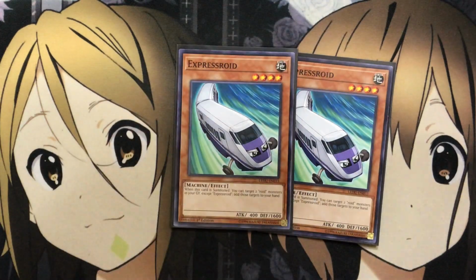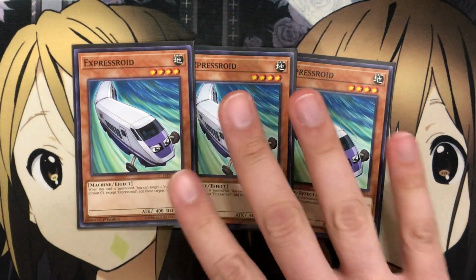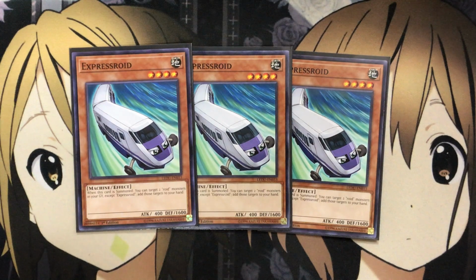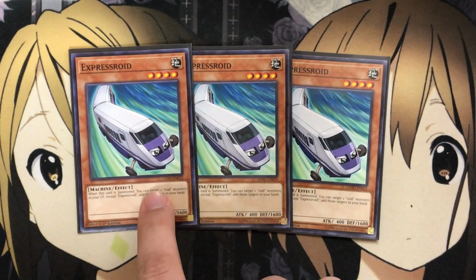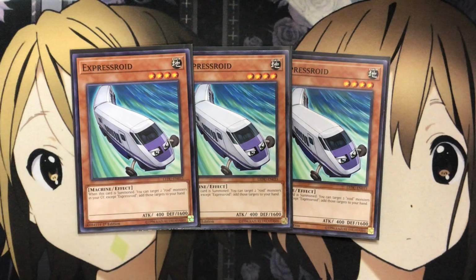I'm also running 3 Expressroid, one of the older ones, but still a very good effect. When this card is summoned, you can target 2 Roid monsters in your graveyard, except for Expressroid. Add those targets to your hand. So even if you have your graveyard set up, if you tribute your Mixeroid and then special summon out Expressroid, all it has to do is be a summon, and doesn't have to be normal or special summon. You're in no way limited to that with your Expressroid, but giving you 2 cards back into your hand means that